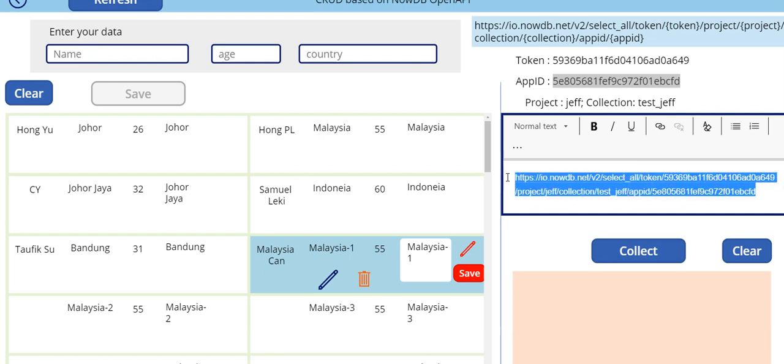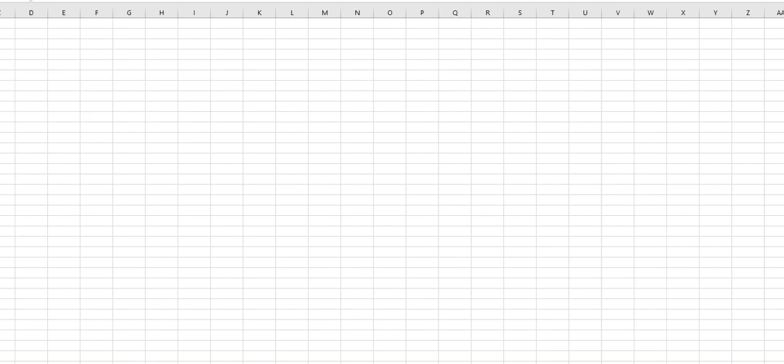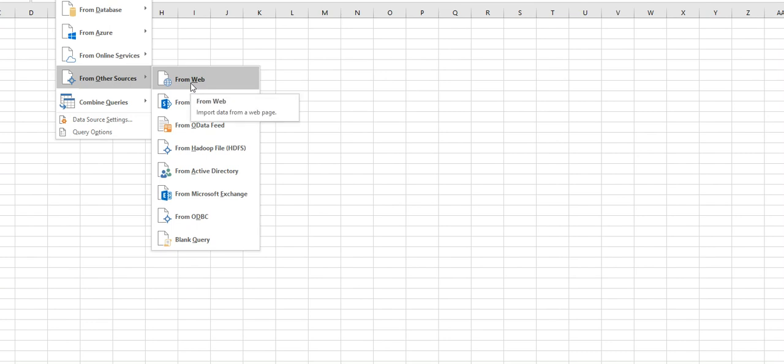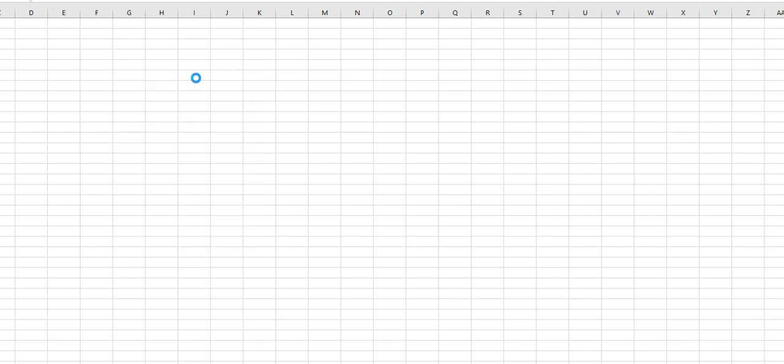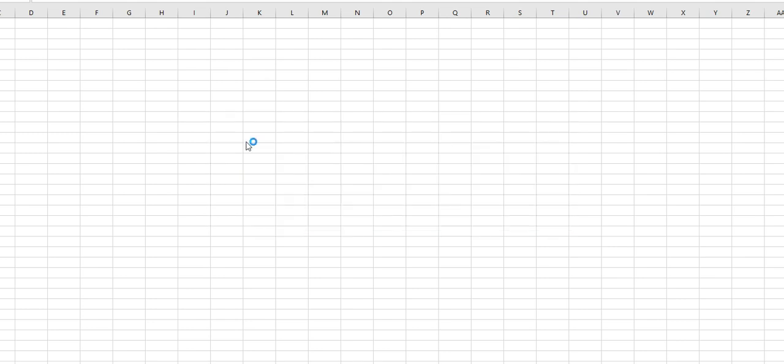What you do is copy and open your Excel. Let's say I open a new Excel. Remember, you have to make sure that your version of Excel supports from web. Not all Excel versions support it, especially older versions like 2013. Even in 2016, make sure that you have the version from Excel which supports from web, and it should be able to show a very simple text box here, from web, basic, and advanced. So we always use the very simple one, basic, and you can just click OK, and in seconds it will